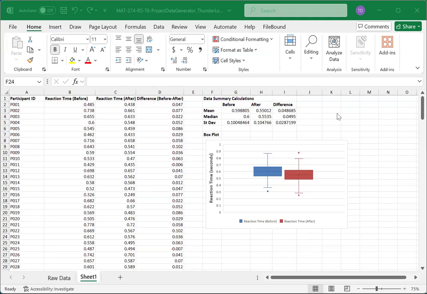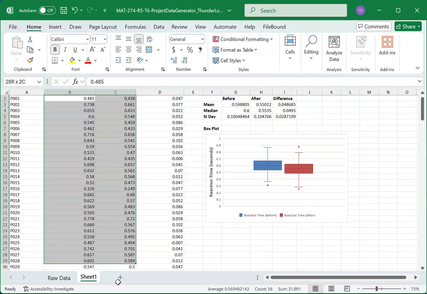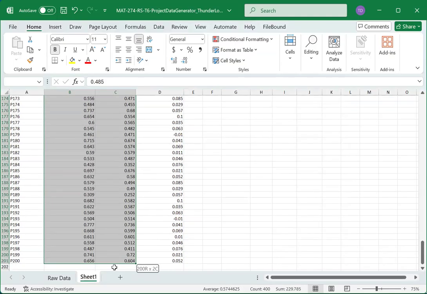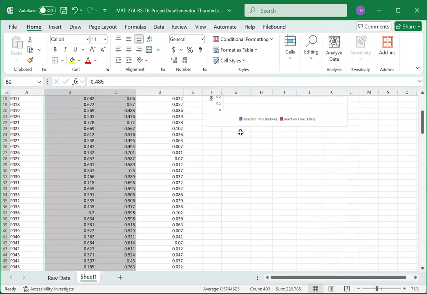The next thing I'll do is add a scatter plot. This will also go in the visual analysis section of your write-up. For this one, I'll select the before and after data, this time without the titles. And again, if I scroll up to where I want that inserted, that'll prevent my having to move it up